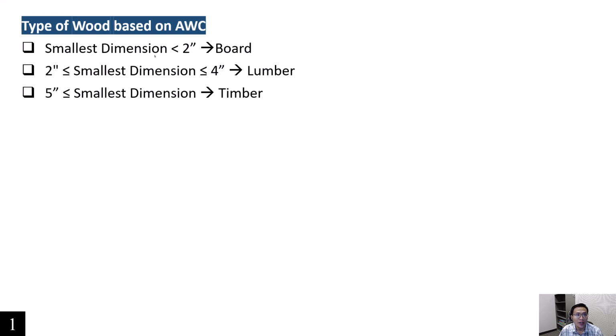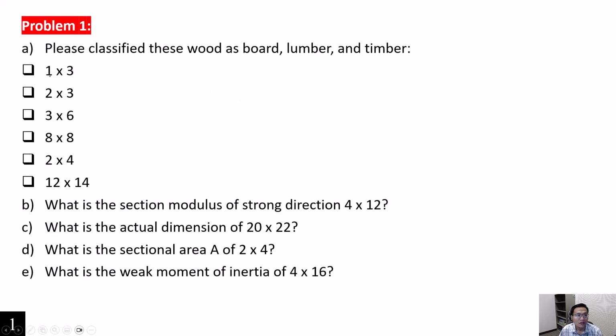If the smallest dimension is smaller than 2, we have a board. Larger than or equal to 2 but smaller than or equal to 4, we have lumber. And finally, anything with the smallest dimension larger than or equal to 5 is timber. So the first one we have over here,